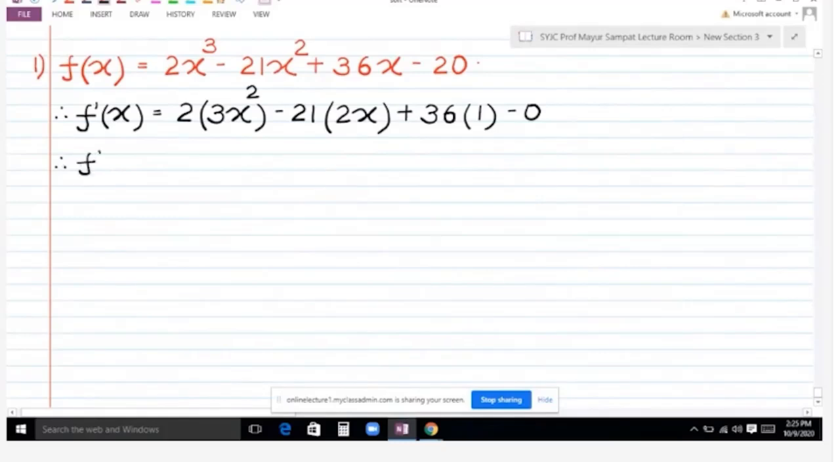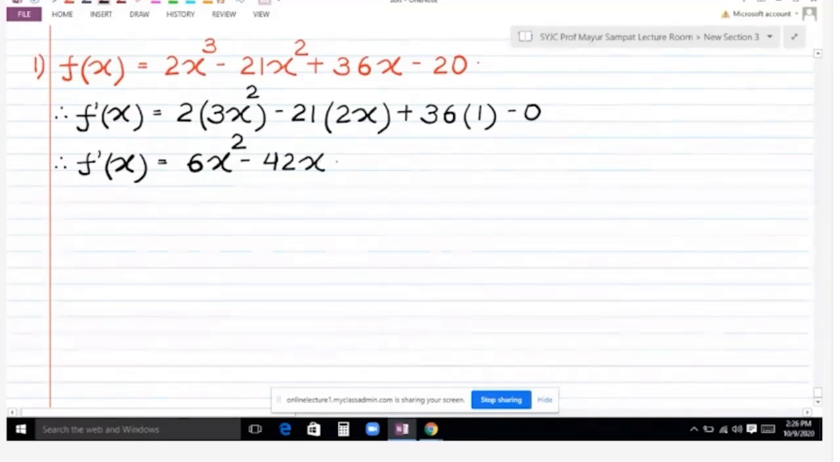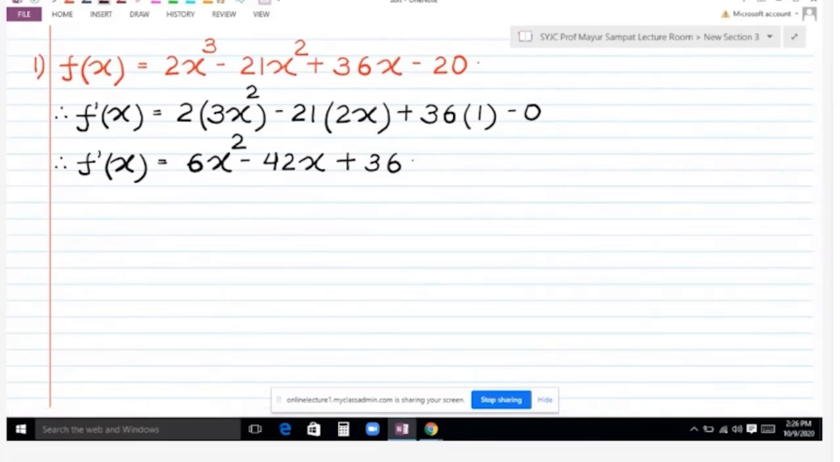Therefore, f dash x is equal to 6x square minus of 42x plus 36. चलो यहाँ तक पहुंचे मैडम। अब यहाँ पे बेटा तुम लोग को एक स्टेटमेंट लिखना है मैडम।